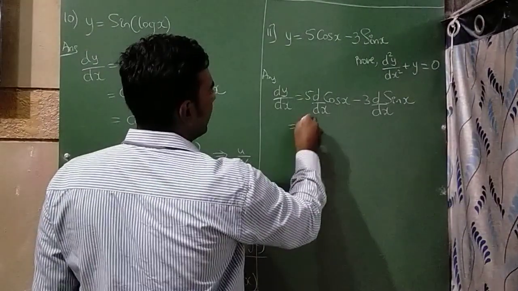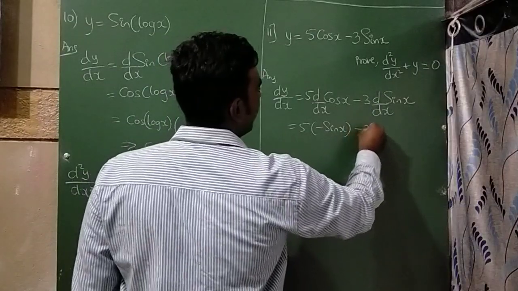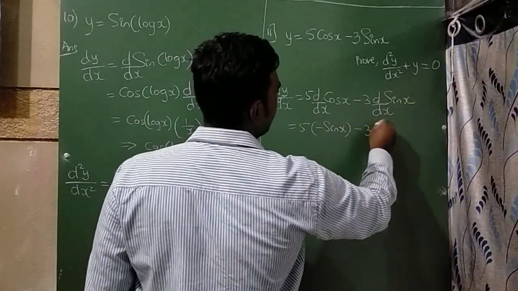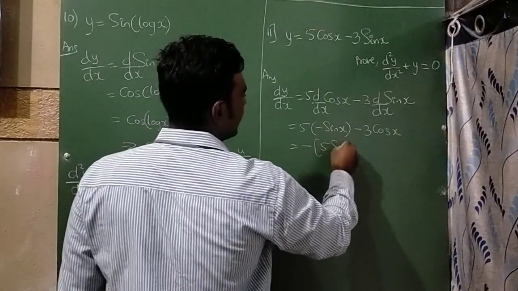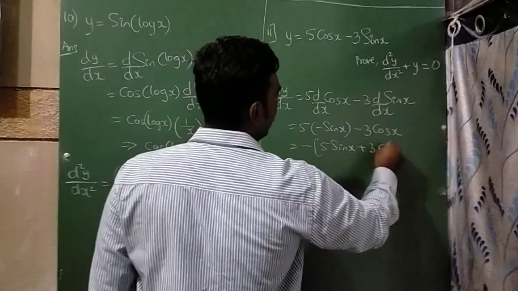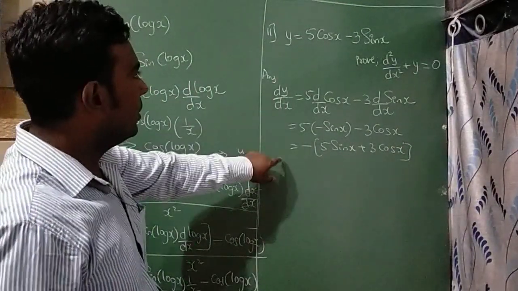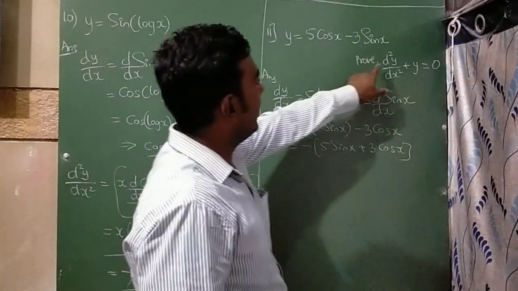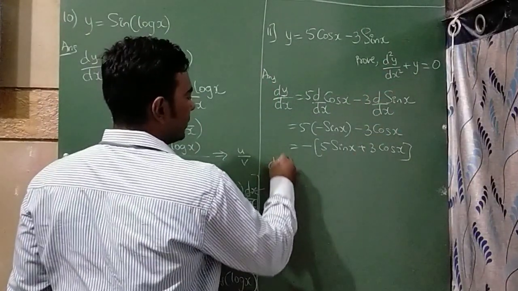Okay, 5 dy by dx of cos is minus sin x, minus 3 dy by dx of sin x is cos x. Take this minus outside, 5 sin x plus 3 cos x. Okay, again you need to differentiate this, because here we have to prove d square y upon dx square. Okay, so again I will differentiate,